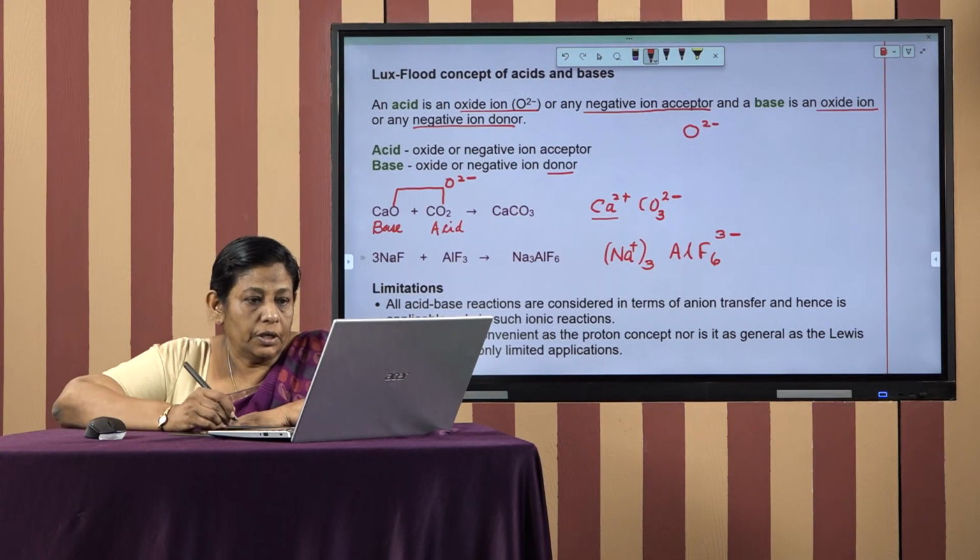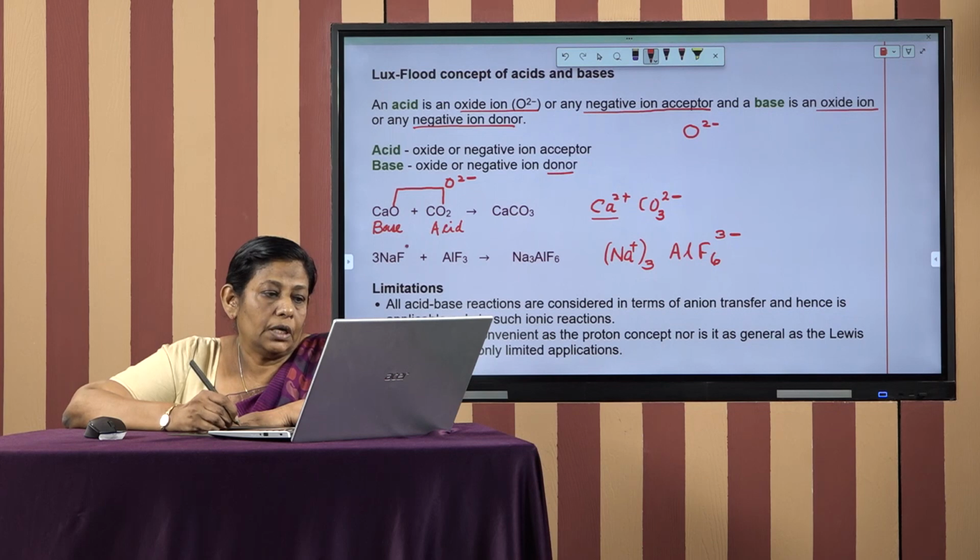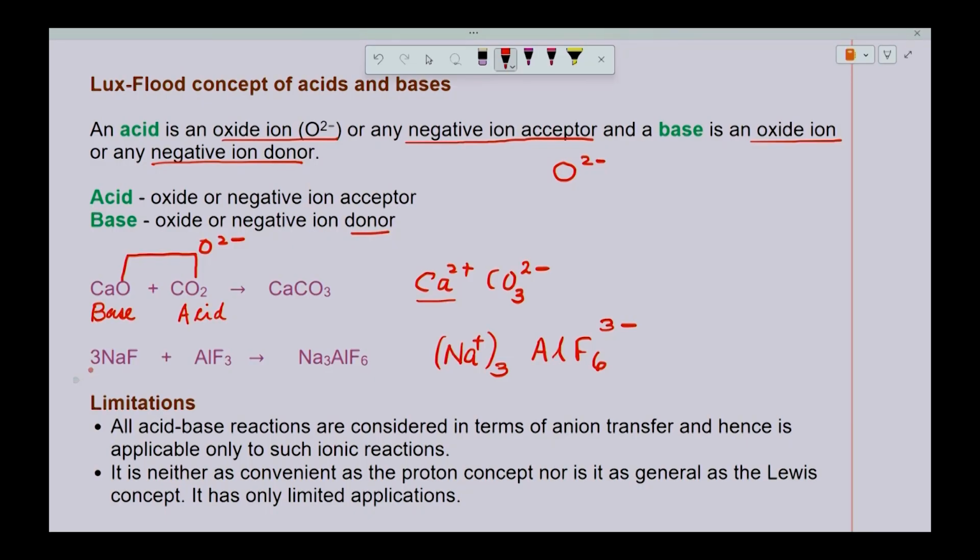Now what happens here? I have written this compound just to show you that here the sodium fluoride transfers its fluoride ion to aluminum fluoride. Like that we have 3 fluoride ions being donated from 3 sodium fluoride to aluminum fluoride,